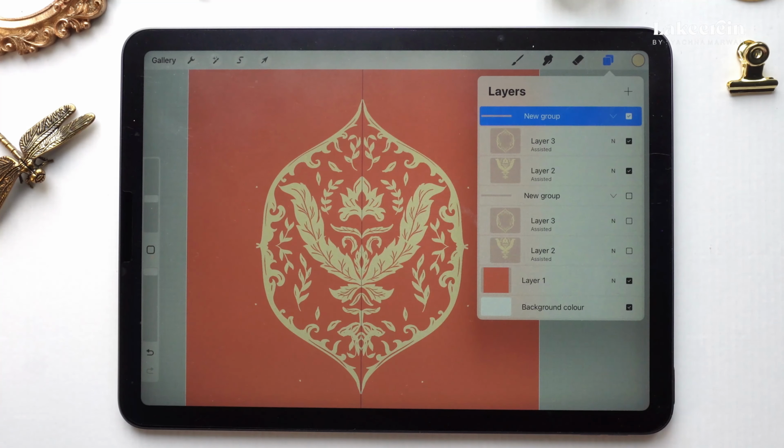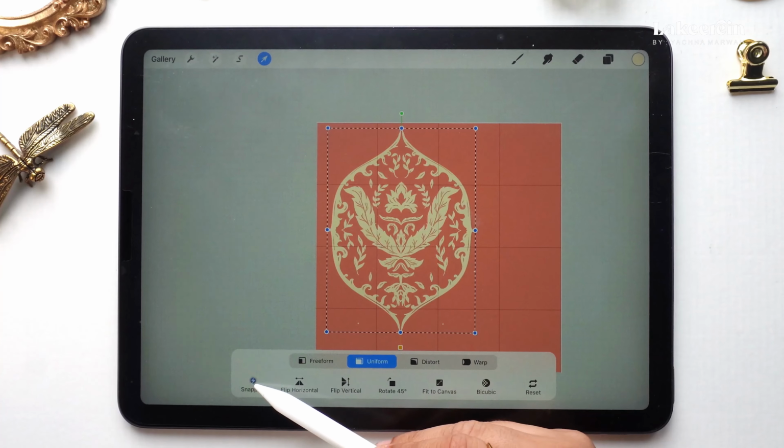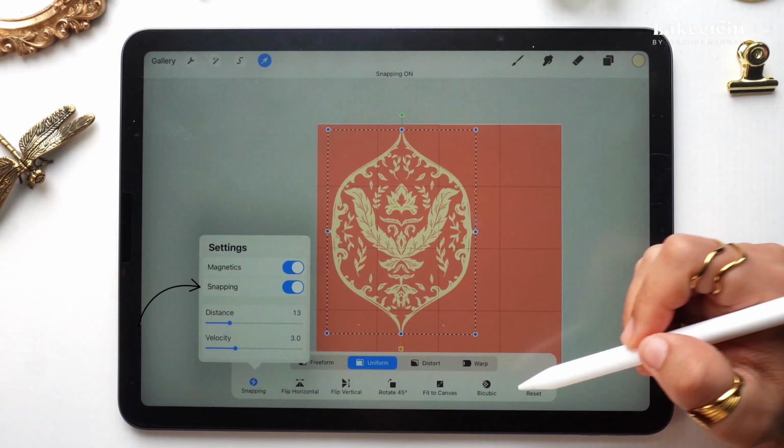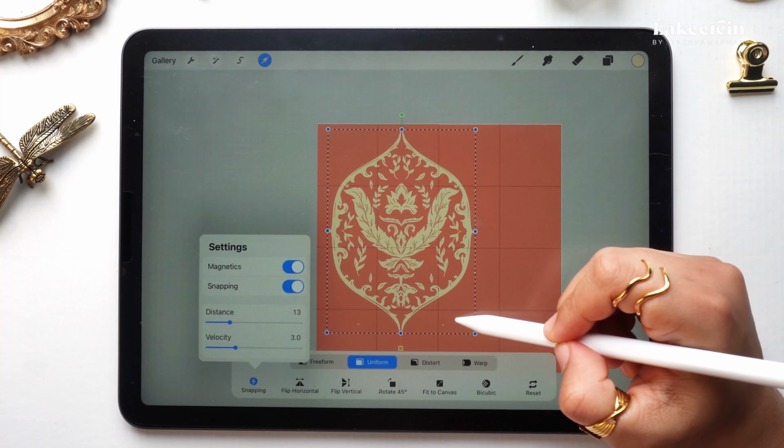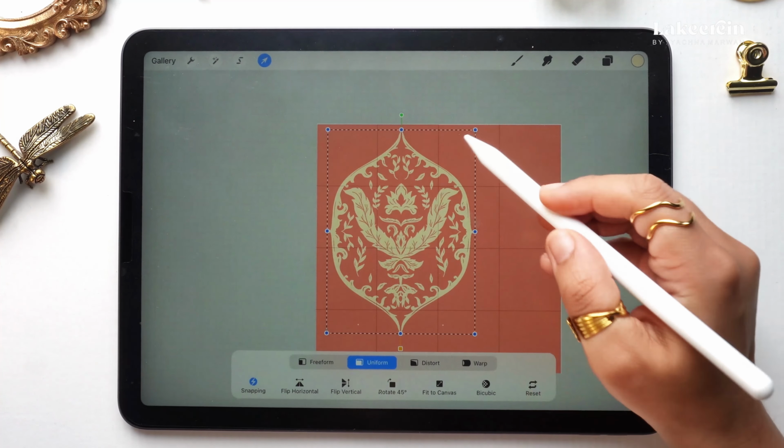After we do that, I'm going to go to the arrow and move this part. Make sure when you are moving it, you go to the arrow. When you're moving, you go to snapping, turn both of them on, and you can simply make it smaller. When you're making it smaller like this, make sure you put it in such a way that it comes exactly on the horizontal and the vertical line. So it should cover one quadrant like this.